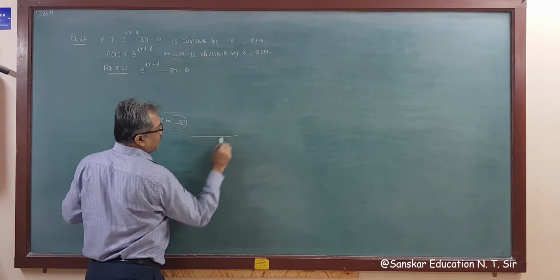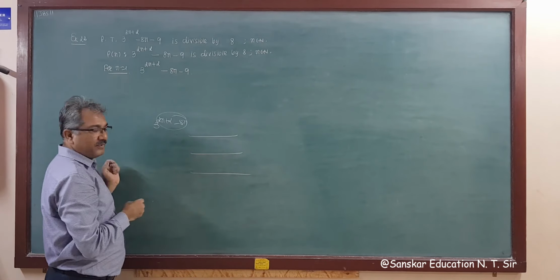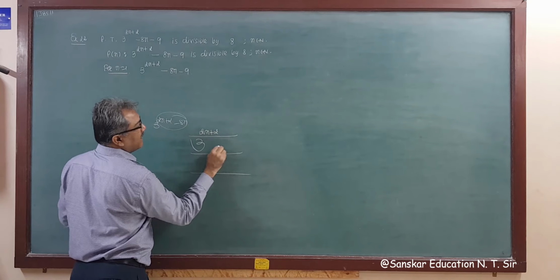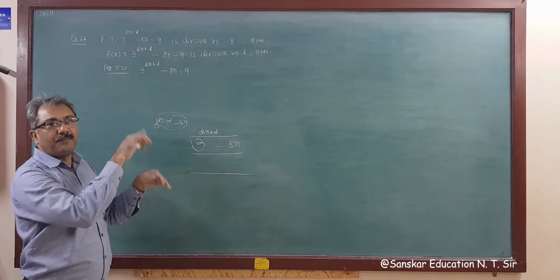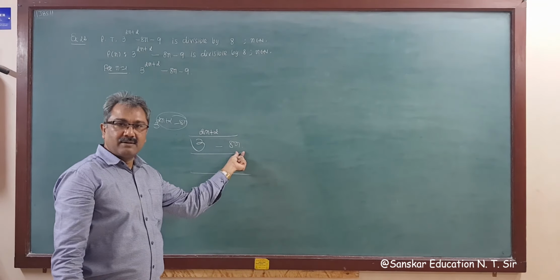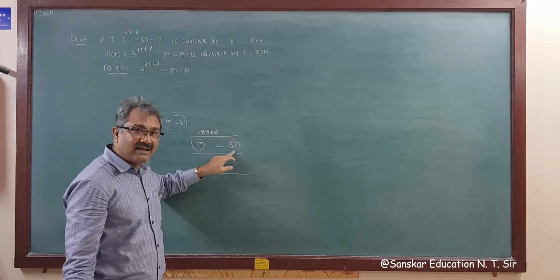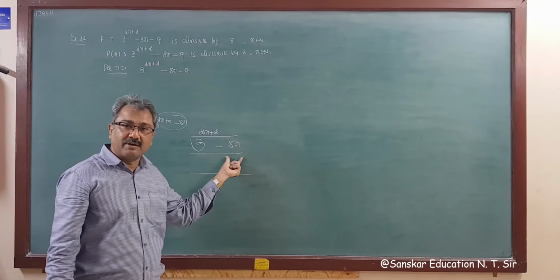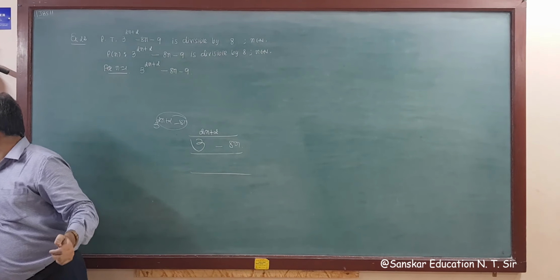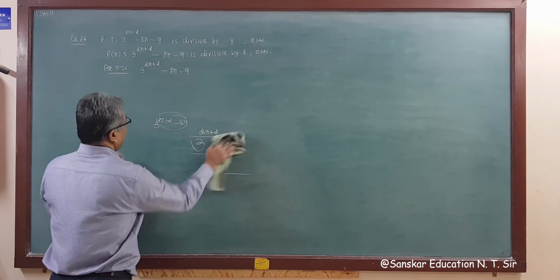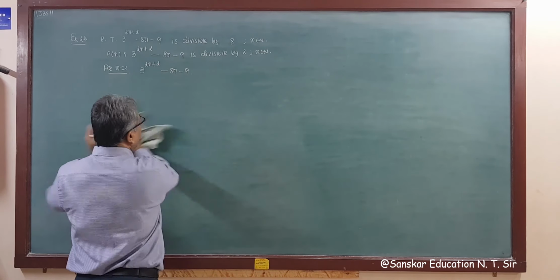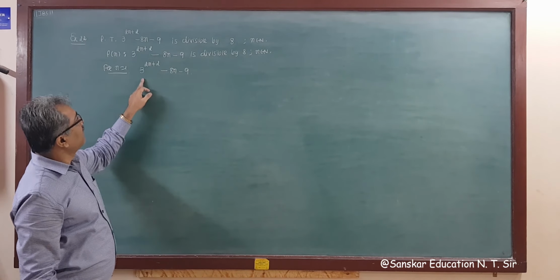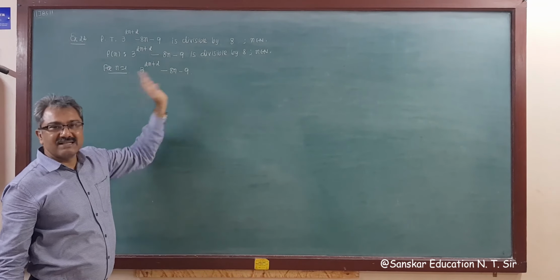How you have to write it, look, in your notebook there are lines, so write the 3 here and write the power here, 3 raised to n plus 2, and then minus 8n. So you can separate the power and the base, because this 8n is not in a power, this is simply your statement minus 8n, a different term. So remember this type of thing for simplification. Otherwise due to this all your calculation will be wrong, right? So this is your 3 raised to twice n plus 2 minus 8n minus 9 that is given.